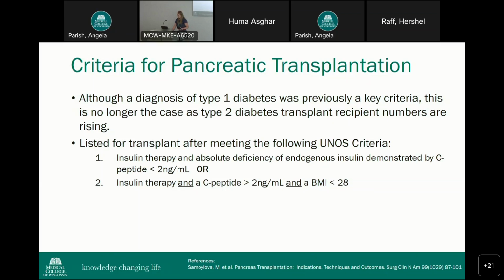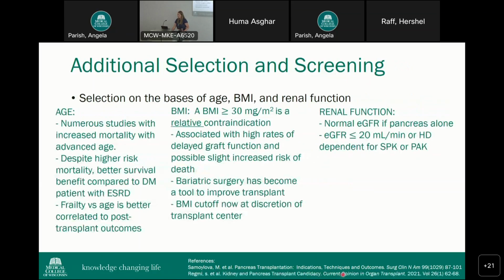After you meet these criteria, there are 8 more selection criteria that used to be absolute, and in the past 5 years have become fairly relative depending on the transplant center or even the state. The first 3 are age, BMI, and renal function. We've talked about renal function; namely this comes down to what type of transplant you could be eligible for. However, there were always concerns with age,